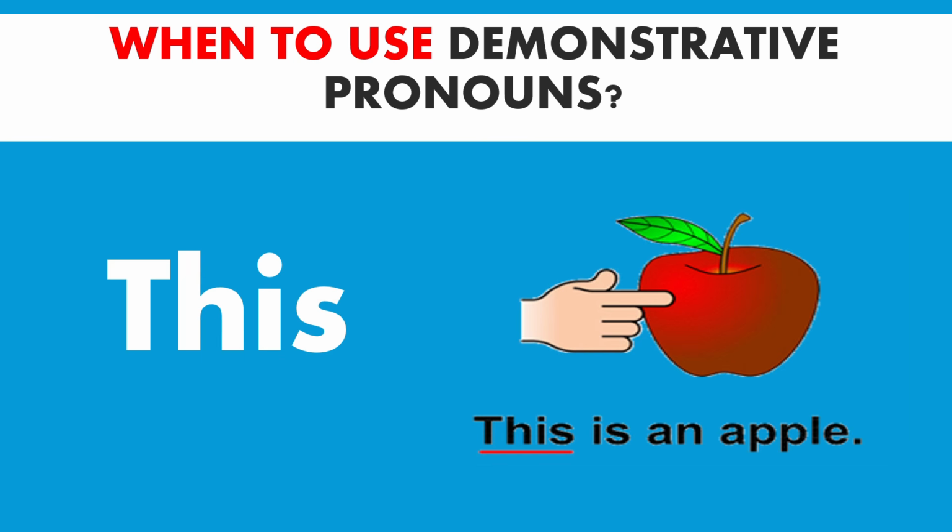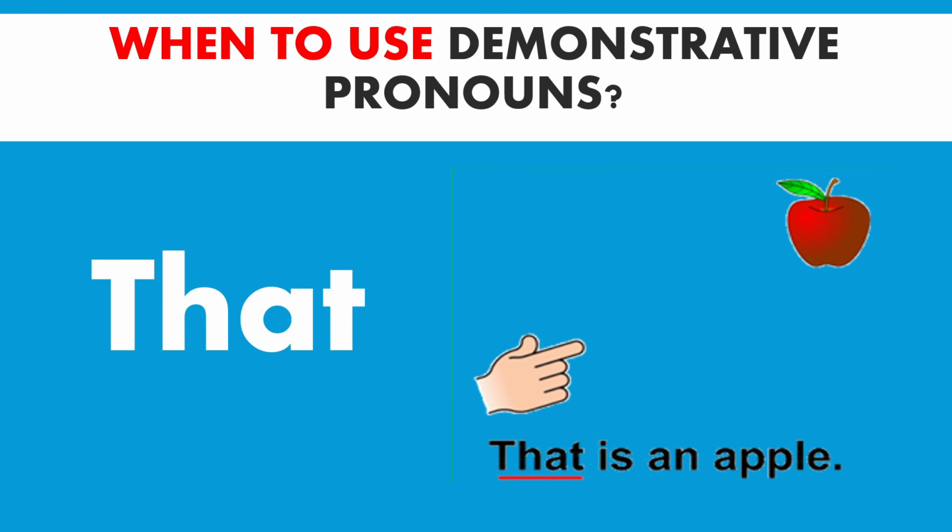But then, when we use the demonstrative pronoun this, it is used to point at something that is very near to you. And the number of that particular thing that you point at should be only one. Next, that. What is the difference between this and that? The difference is the distance. When we are pointing at something which is quite far away from where you are standing, then we use that for the thing that we are pointing at, with the condition that the apple is only one. That is why in this picture we say that is an apple.